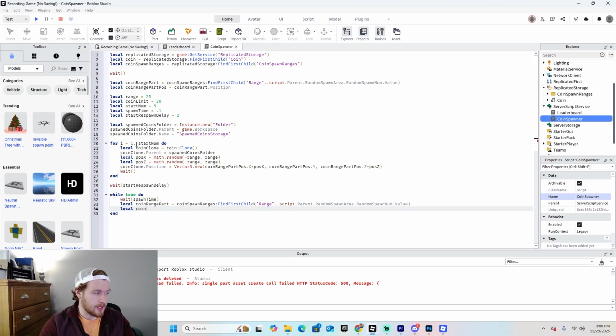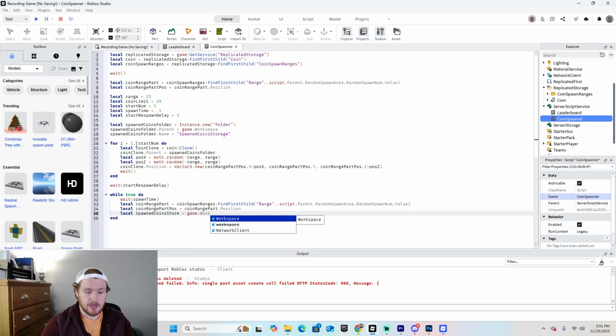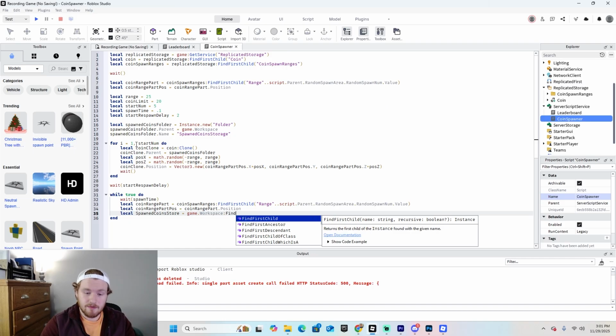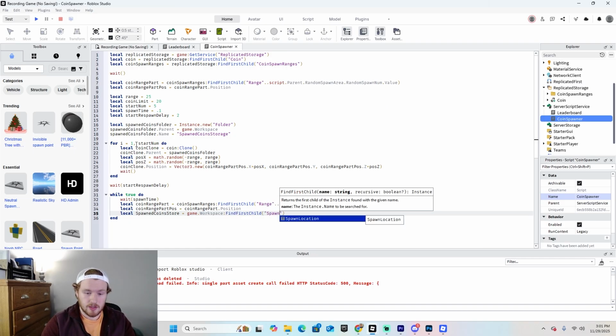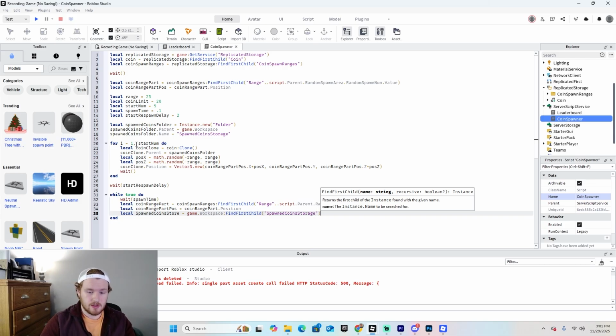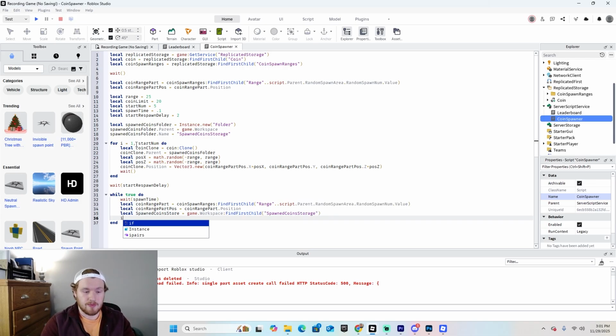Local coin range part pos equals coin range part dot position. I'll type local spawned coin store equals game dot workspace colon find first child spawned coins storage. There you go. So then we'll type if game dot workspace